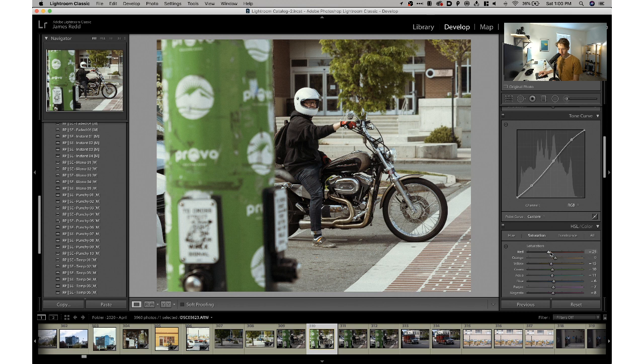I'm going to drop the red on his glove down a little bit. I don't like my reds to be too kind of inky and intense. But the problem is that's also his face, so you kind of have to be careful with that. He has a lot of red in his face, so I'm going to leave that where it is, and then